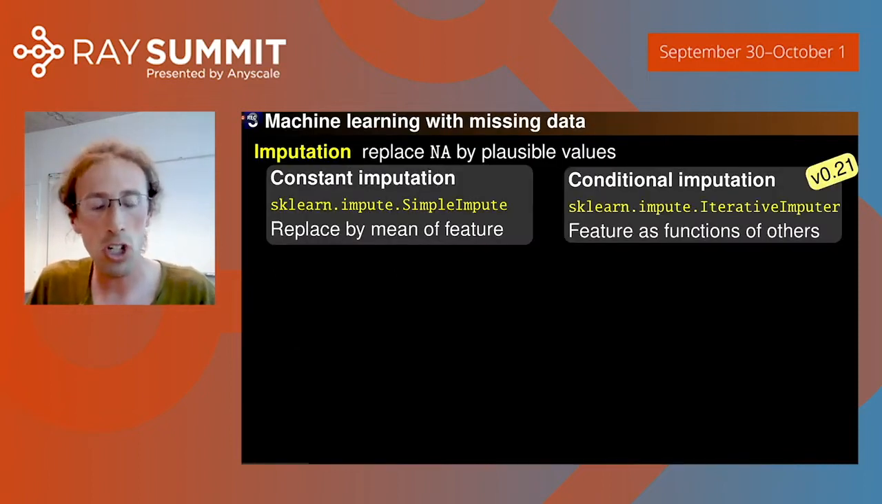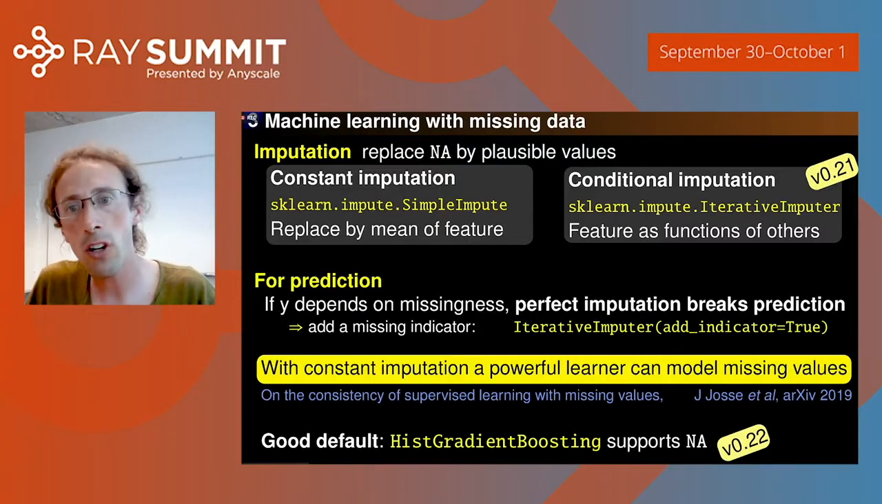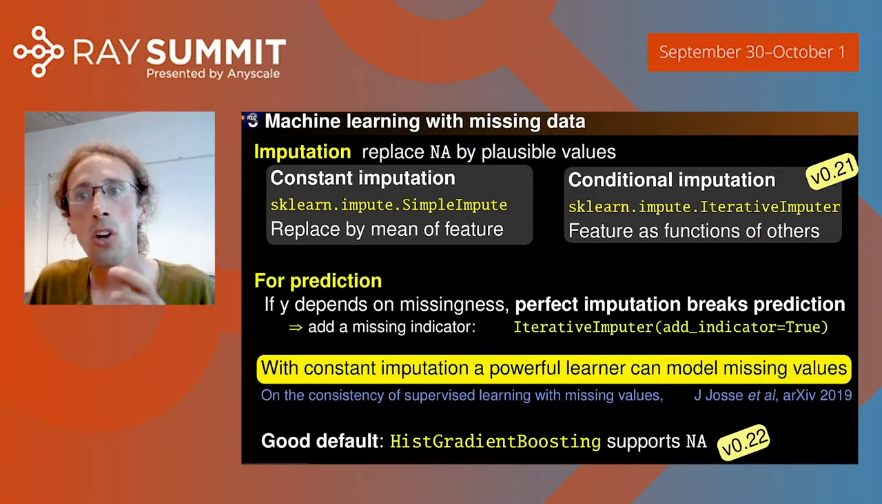Missing values, traditionally what you do is that you replace missing values by plausible values. This is known as imputation, and sklearn can do it. However, what we've shown in a recent paper is that imputation can be a bad idea because the target that you're trying to predict may depend on missingness. So you need to add a missing indicator, or for powerful learners, a simple imputation, like constant imputation, actually works better. But the best option is to use the support of missing values that comes in our latest Hist gradient